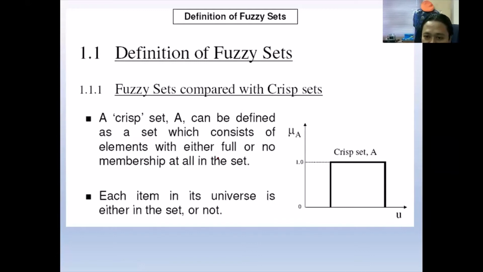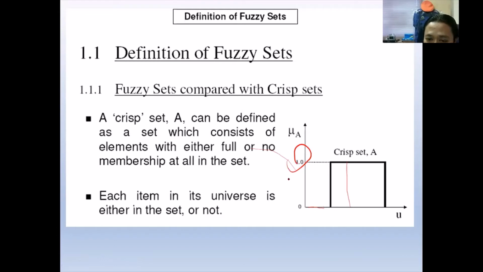If we put some point here, automatically we get full membership. What we put outside this will be 0. This we call the classical set, or sometimes the crisp set. All the points inside this one will have full membership, will be 0. Sorry, will be 1. The membership will be 1. So membership is from 0 to 1.